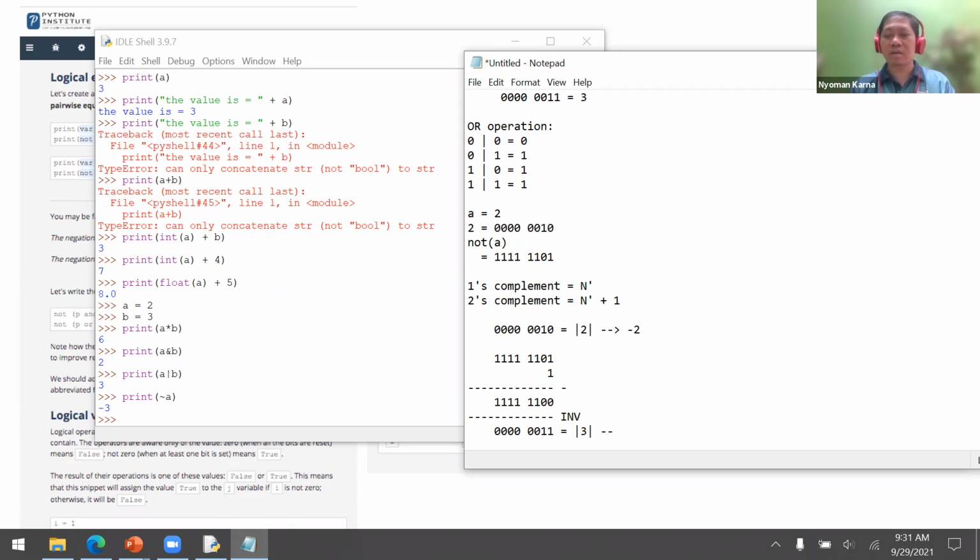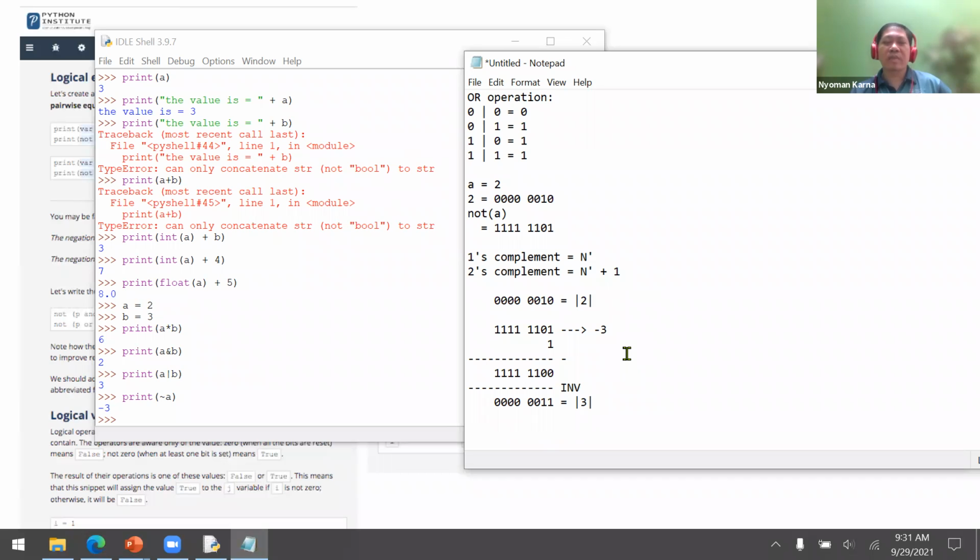So this one is actually -3 in 2's complement. Okay, so Python is using 2's complement to represent negative values.